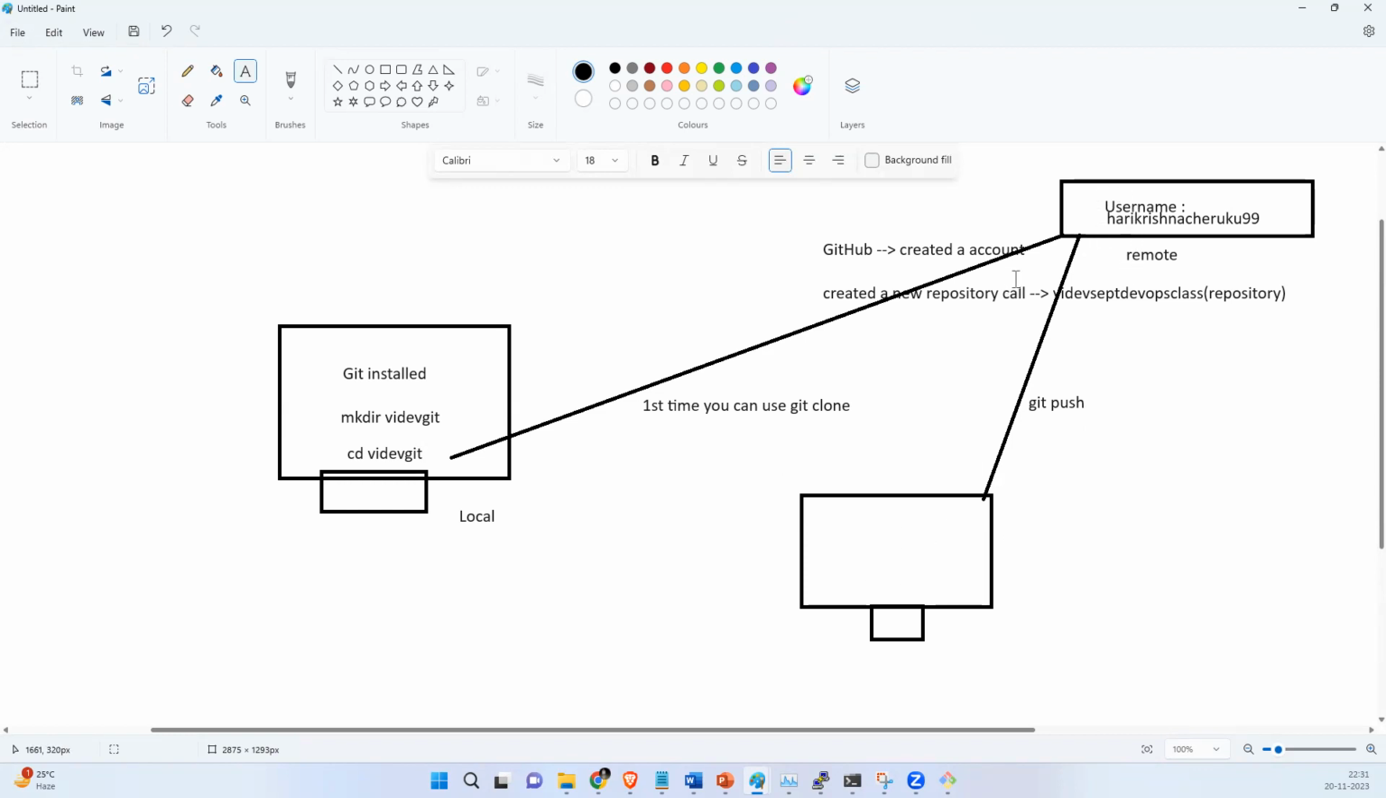Whatever code was there in the remote repository before he pushed, I got that code. But I want whatever the other guy pushed into my local. So what is the command? Git pull. So push is nothing but sending the data,